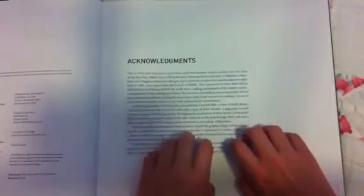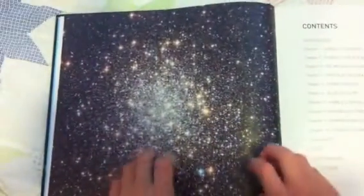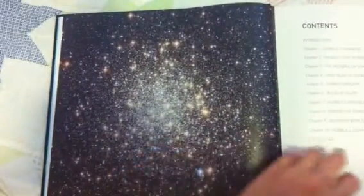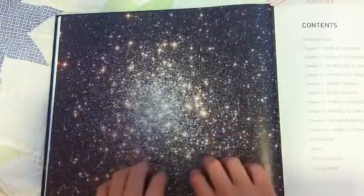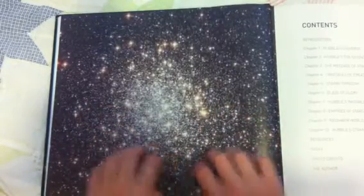The acknowledgements. Ooh, here's something really pretty. Okay. The caption to this photo reads,